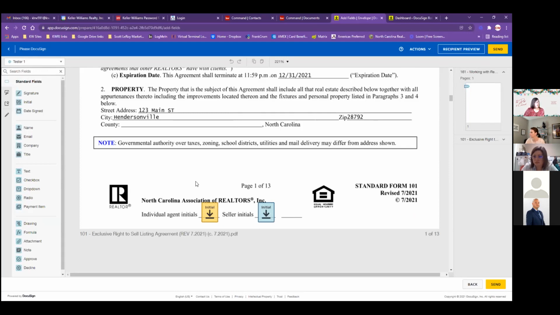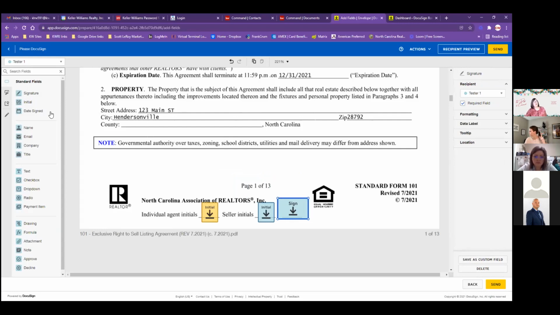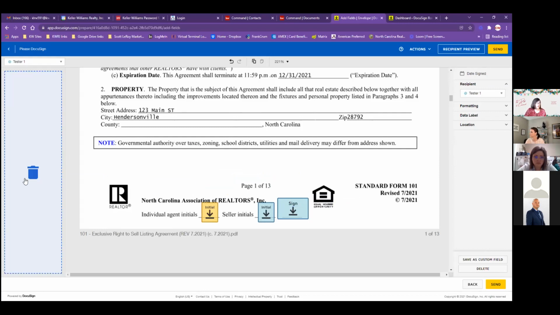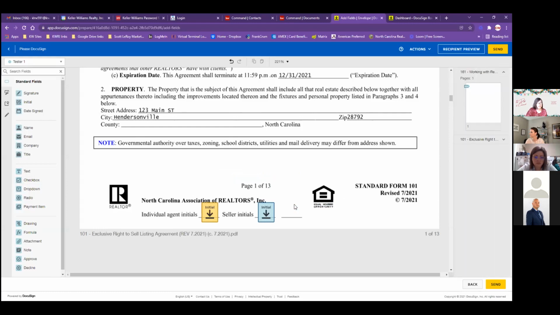And it's really easy. If you needed to add anything, you just click it and drop it in here. Now the one thing with DocuSign, if you do have to add a signature field, you have to make sure to put the date signed also, because it won't automatically timestamp it. And if you need to get rid of something, you can click and drag it over here, or just select it and hit delete. Another thing to note: if you're sending a PDF to sign, you have to manually put these in here. And if you need to add a text box,